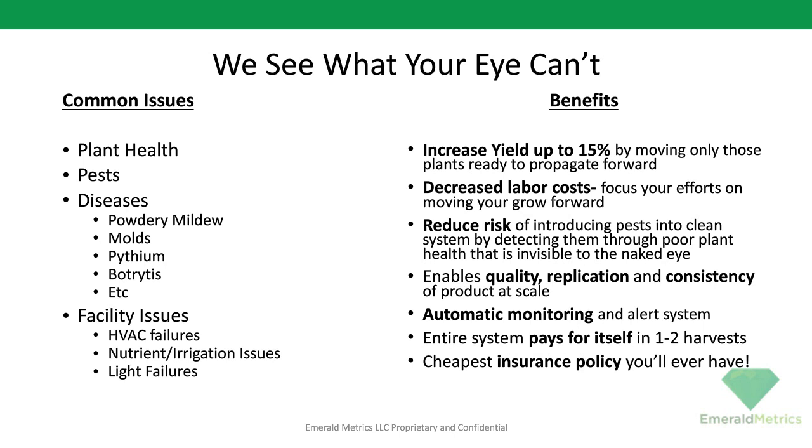So using our technology, we can see it. We can tell you where it's at. We can detect it before the human eyes can see it, so that the growers can make a decision whether they're going to do the 3 C's: contain it, cure it, or cull it. So as you look through this slide,